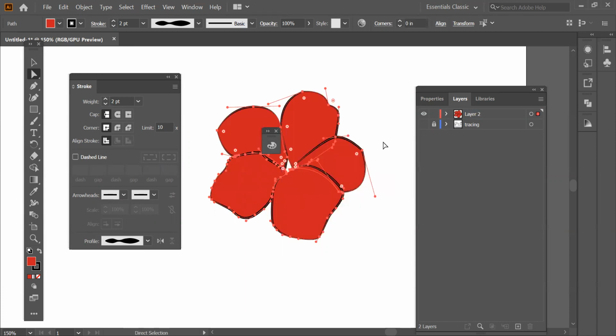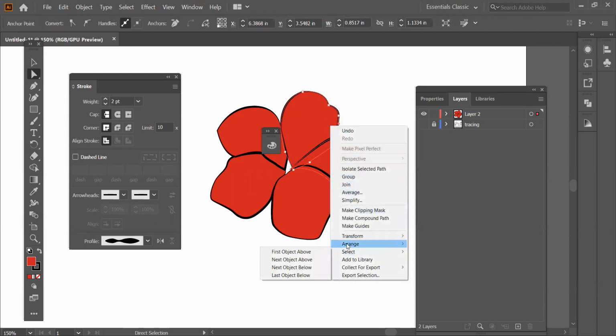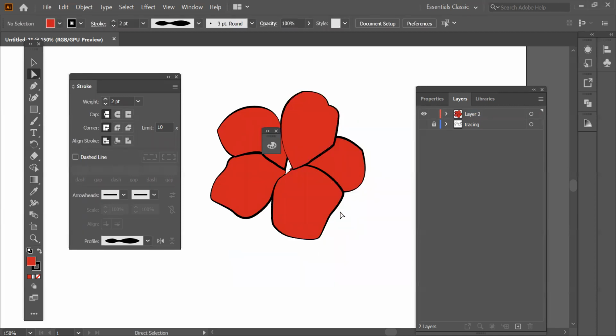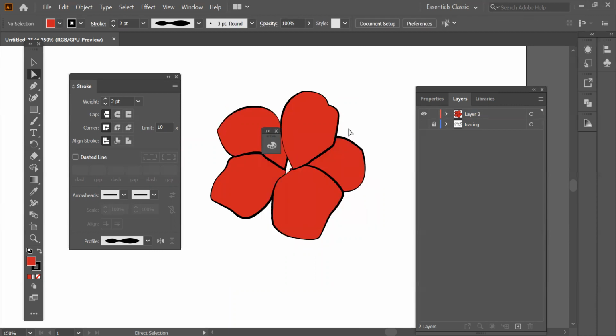So it's all about the placement, okay? Now see, this petal is coming on top of that. So if I take this petal, right click and Arrange. Arrange means to change its order, like how five kids are there, one behind each one. So if I do Bring to Front, now can you see this petal is overpowering that? So what we are seeing is that line first. And the same, if I do this,